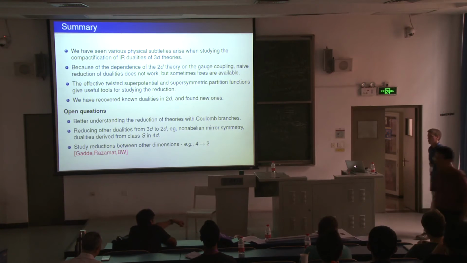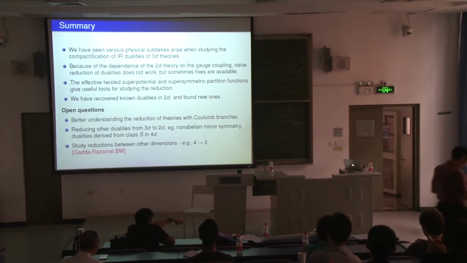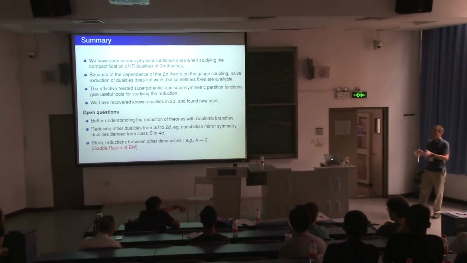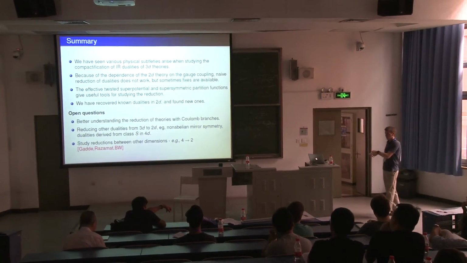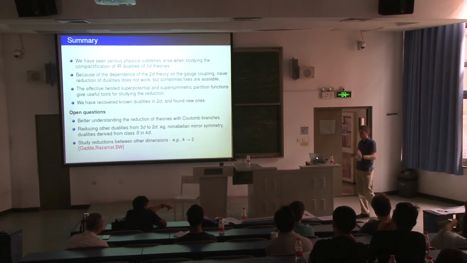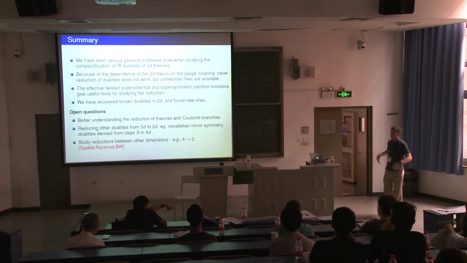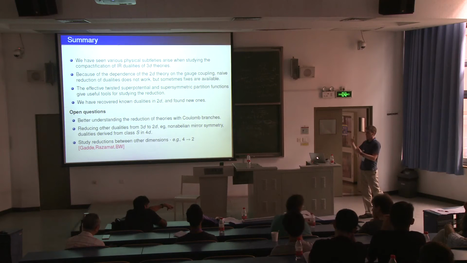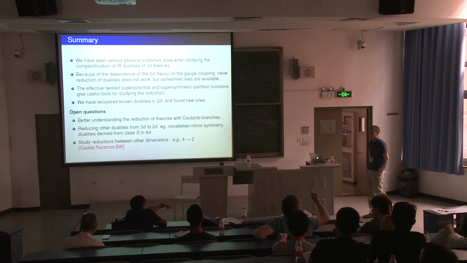Well, it sort of used supersymmetry in the sense that it was important that we knew the metric on the Higgs branch and that that was not corrected. Whereas the metric on the Coulomb branch was corrected, dependent on the gauge coupling. The metric on the Higgs branch is just exact. It's just given by the classical metric. And that's only true for a supersymmetric theory. So I think it would be harder to argue that the reduction of the weakly coupled theory is the same as the reduction of the strongly coupled theory. And for a non-supersymmetric duality, I don't think you could argue that.